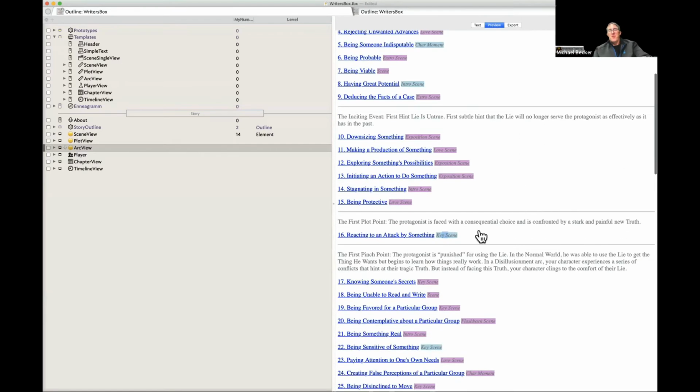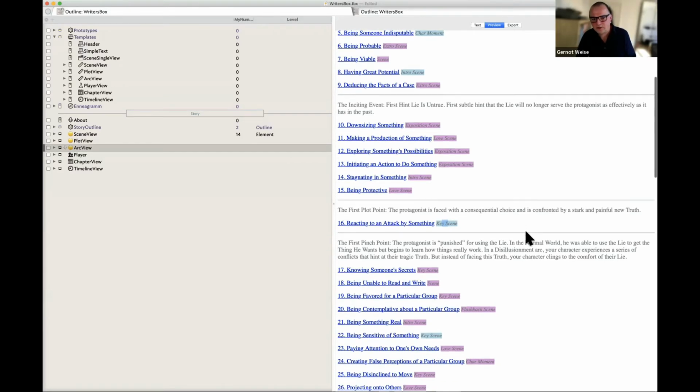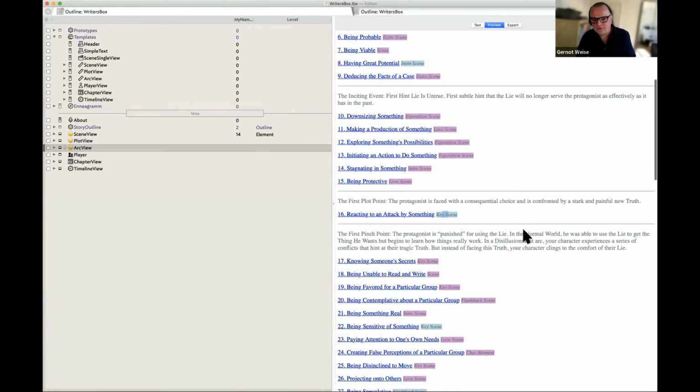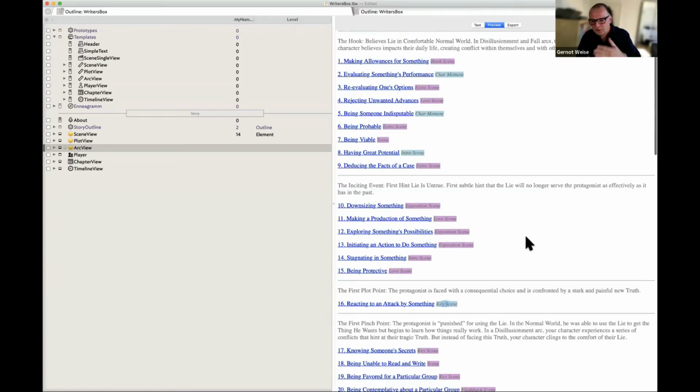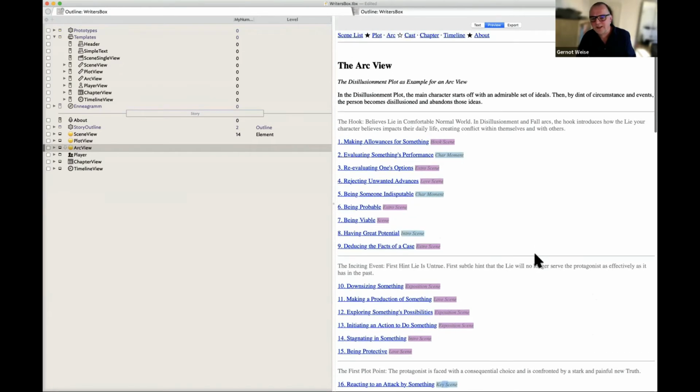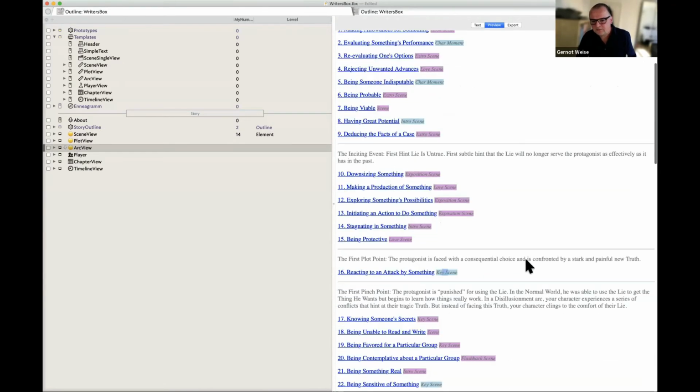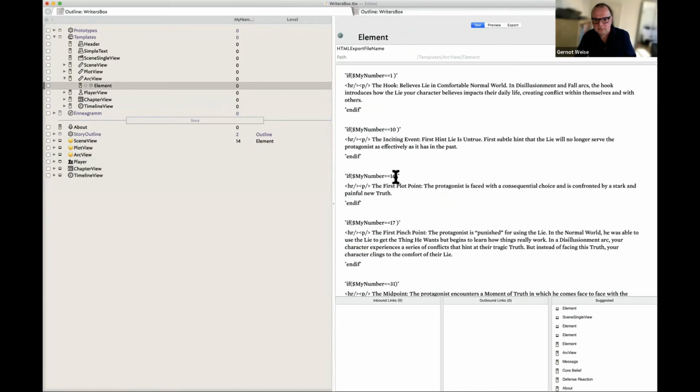Got it. If you follow this methodology and say, I have a first plot point, maybe some will have a story without a plot point, then you do it in a different way. But if you use plot points, or this kind of arcs, then you might have a first plot point. In this particular example, it's number 16, but it could also be number 10. Then you would just change that here and say it's not 16, it's 15, or it's 10, or whatever it is.